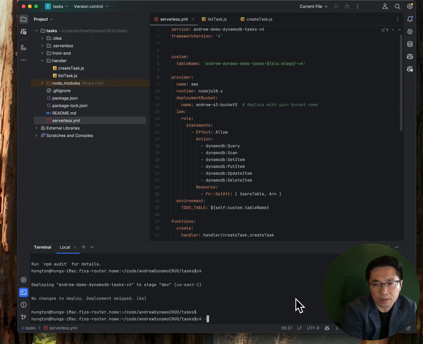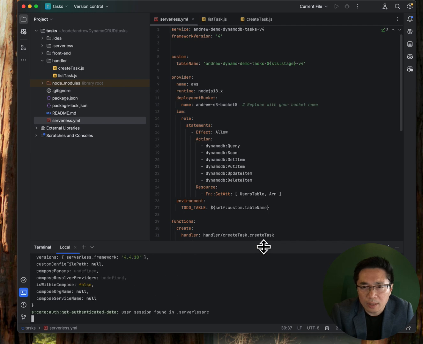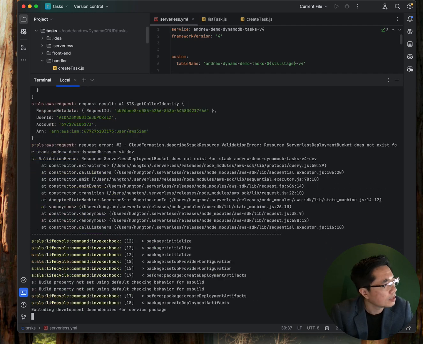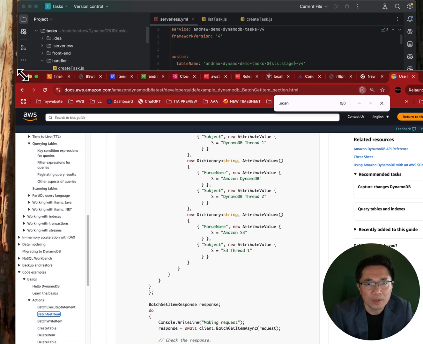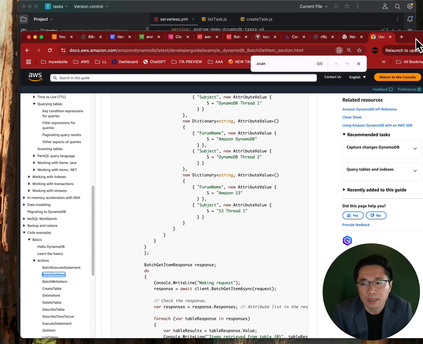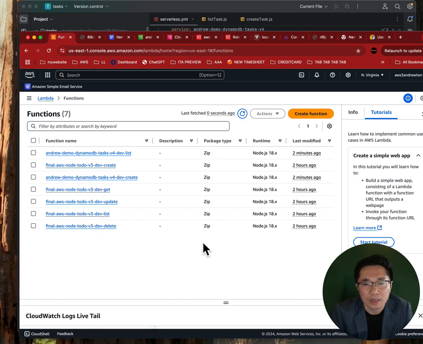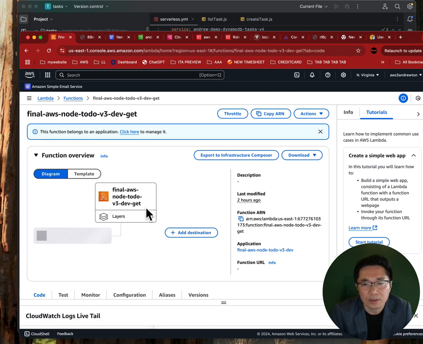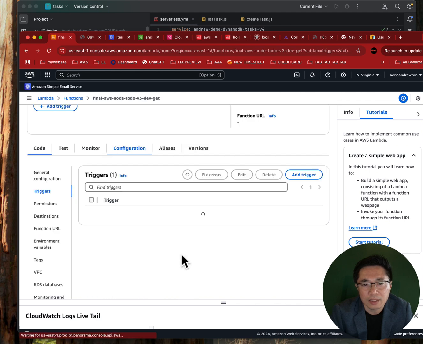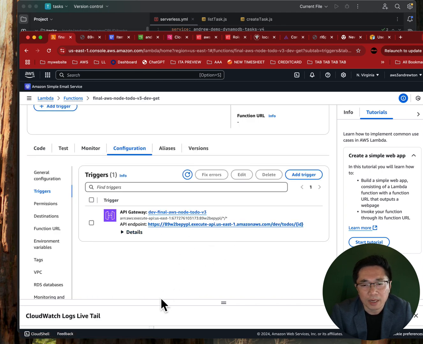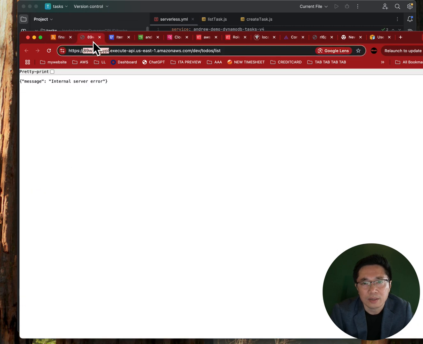Yeah, we can do this. So you can see it generates tons of deployment. What it's doing is building. It goes in and removes everything and rebuilds the whole stack. So what you have is it's gonna build each function. So Lambda has a bunch of functions here. So for the get, it's gonna go in and build this layer, and also the gateway that was shown earlier. And then it's gonna also